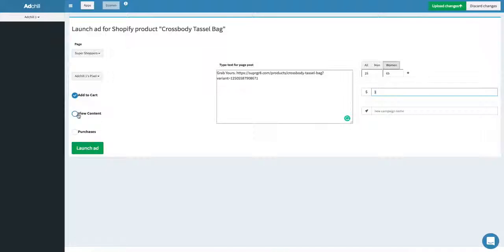So the very correct way to do this would be to do it this way. You pick view content because it's a brand new product, right? So I'll say, like, isn't this crossbody cute? And I would pick my page, pick my pixel, and I'd say, hey, view content. Because I know for 3 times 5 interest, which is 5 different ad sets, it's going to be $15 going to women 25 plus. I should be able to get 50 conversions, 50 view contents,